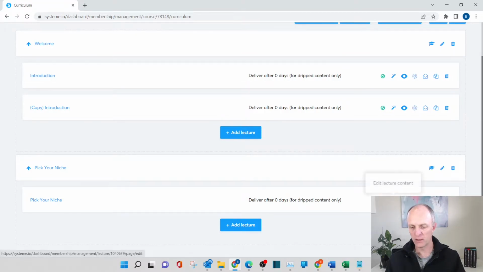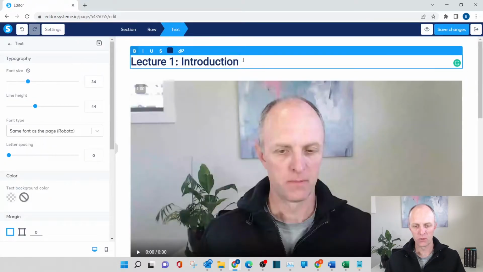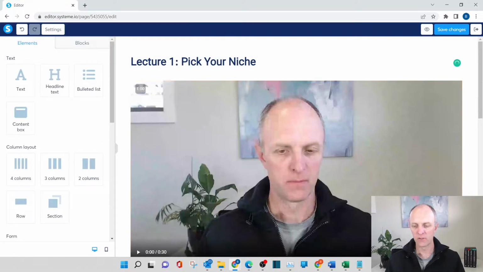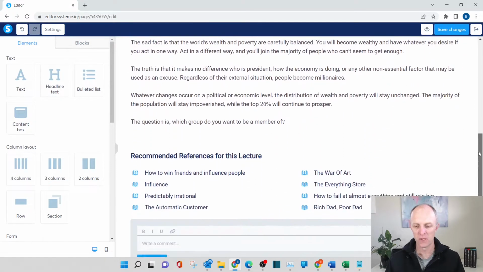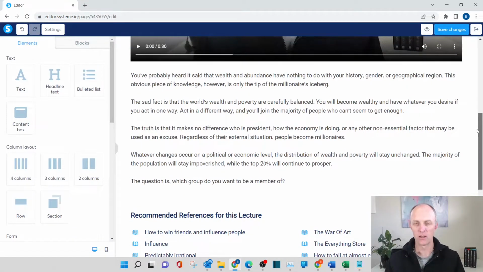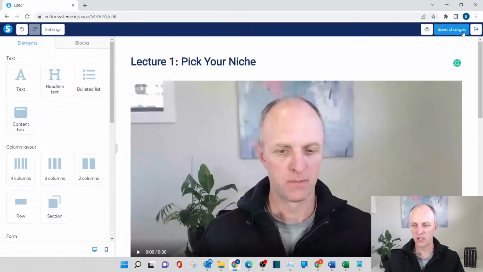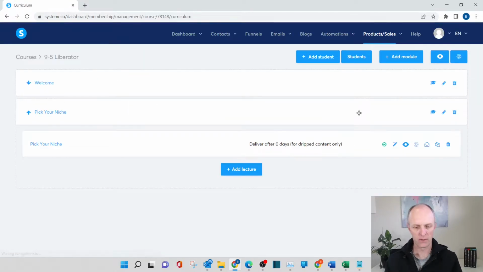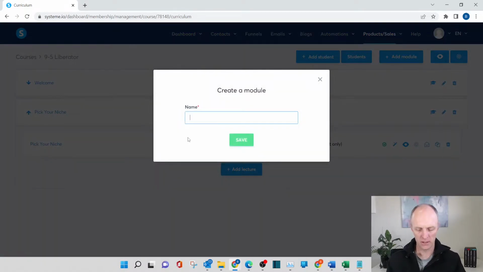If we want to edit it, select edit lecture content, head back up to the heading over here, pick your niche, and then select a different video that you want to embed or upload to system.io, and make any changes to the text at the bottom of the page. Once you're done with all of those changes, select save, and then we can head out of the page and create another module, and this one we can call it,